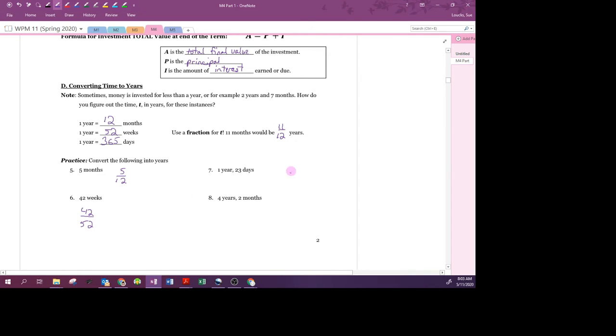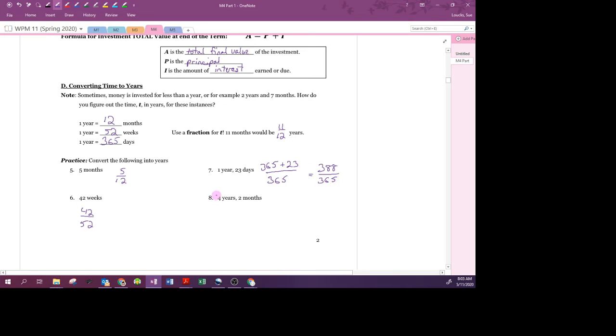1 year and 23 days. Well, we want it as a fraction of a year, so that's going to be 365 days. And on the top, we're going to have 365, which is the 1 year plus 23. So that's how much of a year we have. And if you add that up, that becomes 388